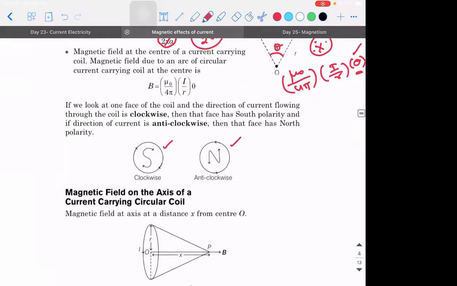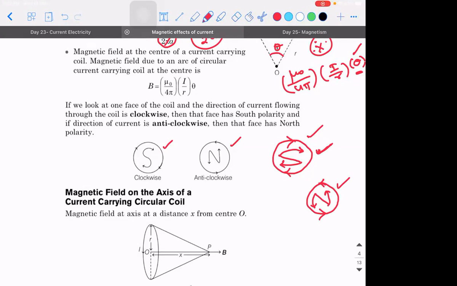Similarly, I would have explained the clock rule also. When you have a current carrying conductor, if the current is flowing in the clockwise direction, it appears like a south pole. This is the concept that we'll be using in the case of Lenz's law. Similarly, when the current is flowing in the anti-clockwise direction, it appears like a north pole. If I'm able to see the clockwise direction from this side, and I go to the back side of the paper and see, it will appear like anti-clockwise direction. So a circular loop will actually behave like a magnetic dipole. This is also an important point.